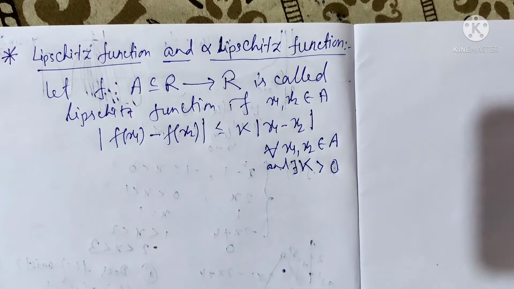That is, there exists k greater than 0. Then the function is called a Lipschitz function,